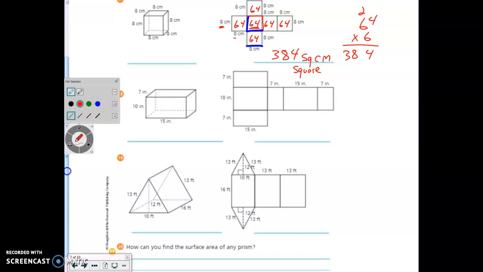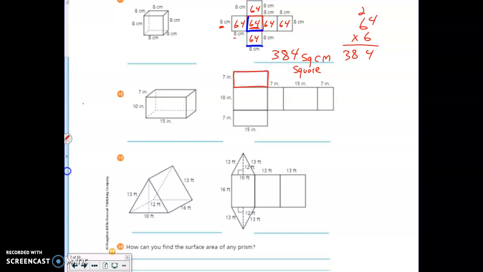We're not assuming, we're not guessing, like, well, I think this one is this. We can physically see all the numbers that we need, and we can see that there are only 3 numbers being used. There's going to be a length, a width, and a height. Just like we would for the volume, there's going to be 3 numbers, but we're going to need to use them more than once. So if I'm looking at this top rectangle right here,